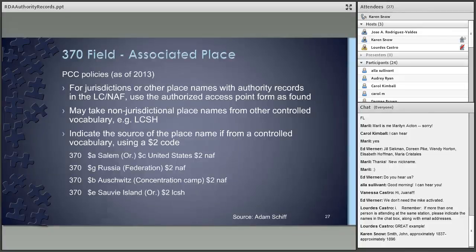I just want to point that out because, of course, the LC-PCC policy is different. Which I'm like, come on, people, get on the same page, but whatever. But as of 2013, so as of just last year, the PCC and Library of Congress, for that matter, say to use a controlled vocabulary, like I said before. They say to use a controlled vocabulary whenever possible. So instead of having,